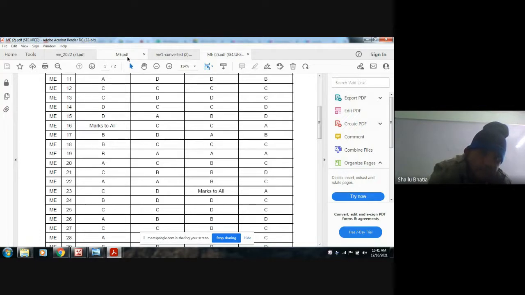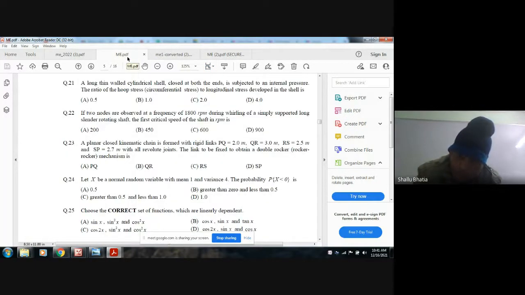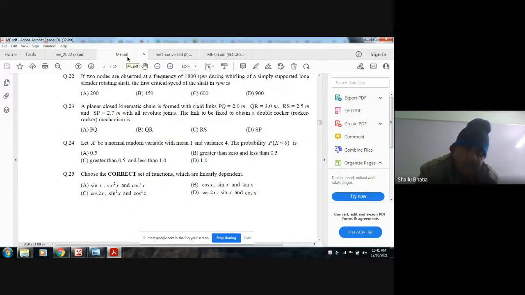Okay. Next is your 23rd. A planar closed kinematic chain is formed with rigid links. PQ is equal to 2 meter, QR is equal to 3 meter, RS is equal to 2.5 meter, and ST is equal to 2.7 meter, with all revolute joints. The link to be fixed to obtain a double rocker or rocker-rocker mechanism is